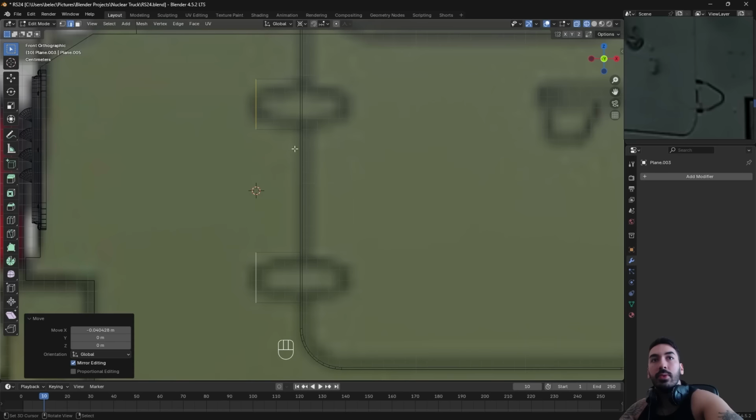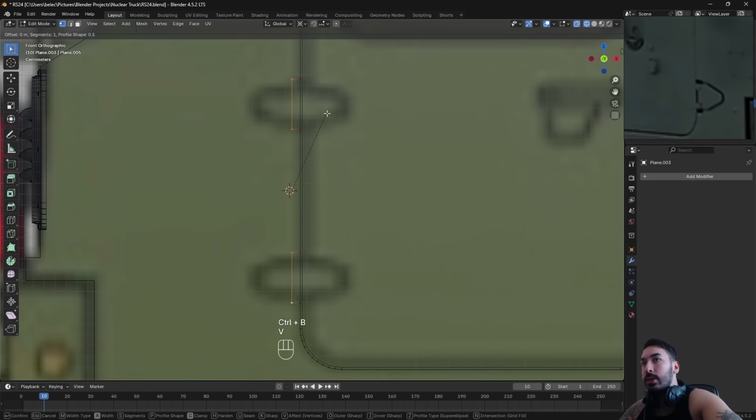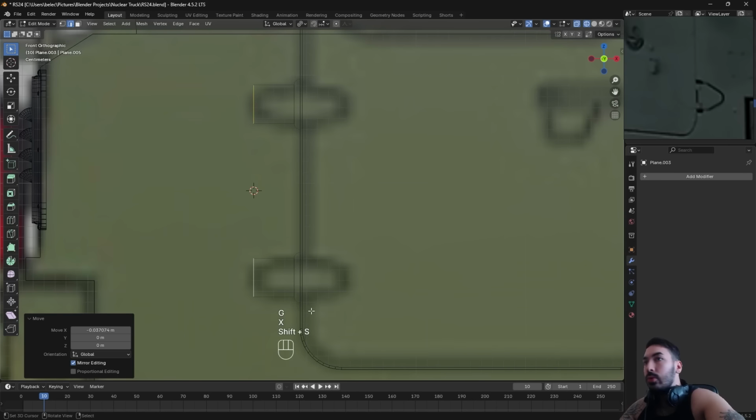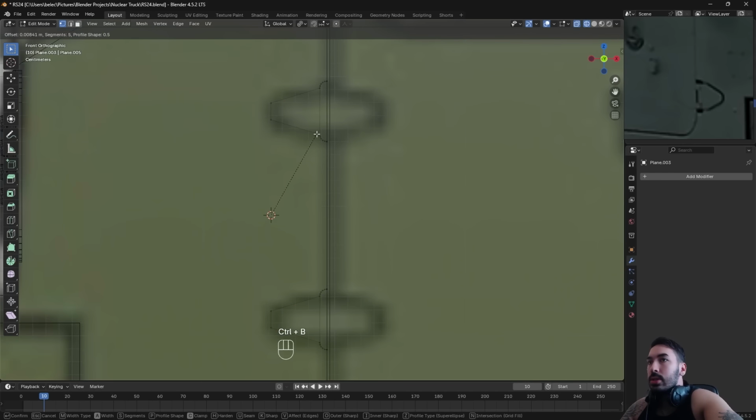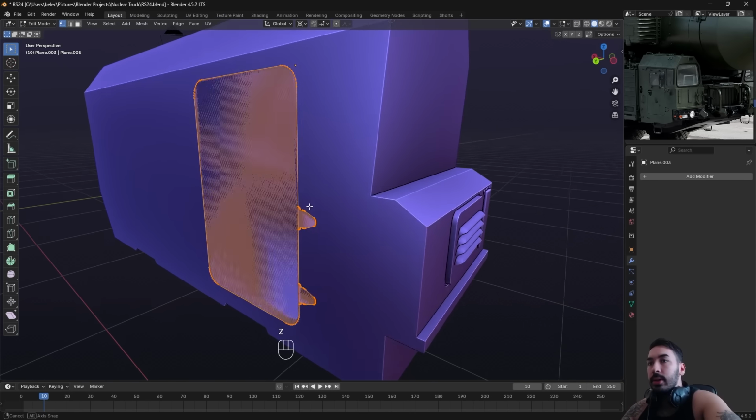As you can see on the reference image over here, we have to extrude them once. Then once we extrude them out a little bit, we're going to take the vertices from the corners and we're going to bevel them. Then we're going to extrude them out to over here and scale them down with individual origins over here. We have to bevel these vertices at the ends as well to make them a little bit more round. And then once we got the shape of the hole ready to go, now we're just going to